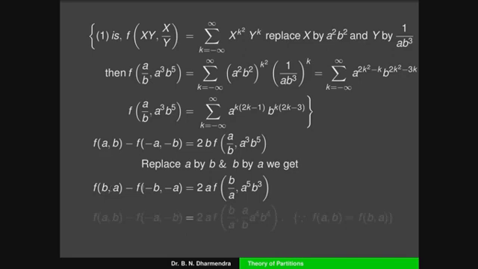So we have to replace these two values by using f of a comma b minus f of minus a comma minus b is equal to 2 times a into f of b by a comma a by b into a to the power of 4 into b to the power of 4. You can observe that we have to cancel the terms of b here, that is b cube. When I multiply the terms of this one, that is a to the power of 5. Because we replace the value of these two values by using the Ramanujan symmetry result, that is f of a comma b is equal to f of b comma a.